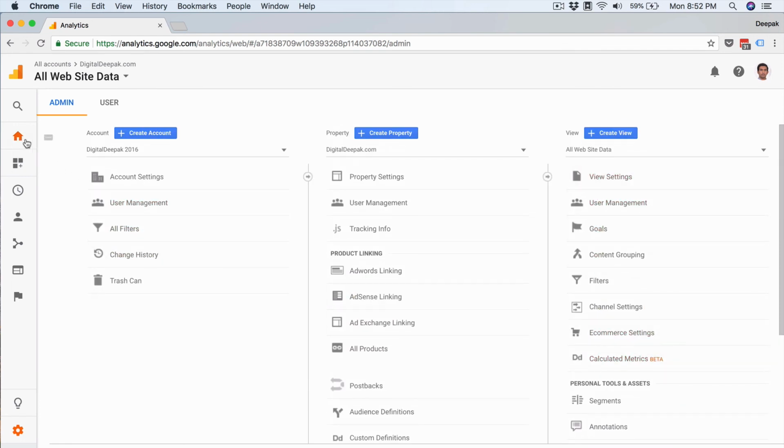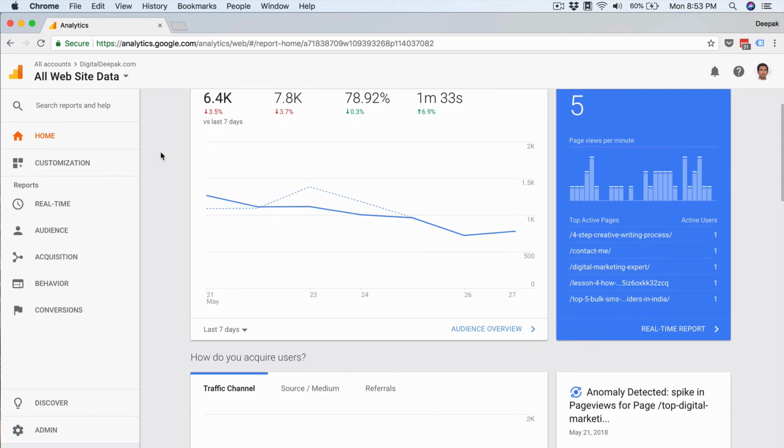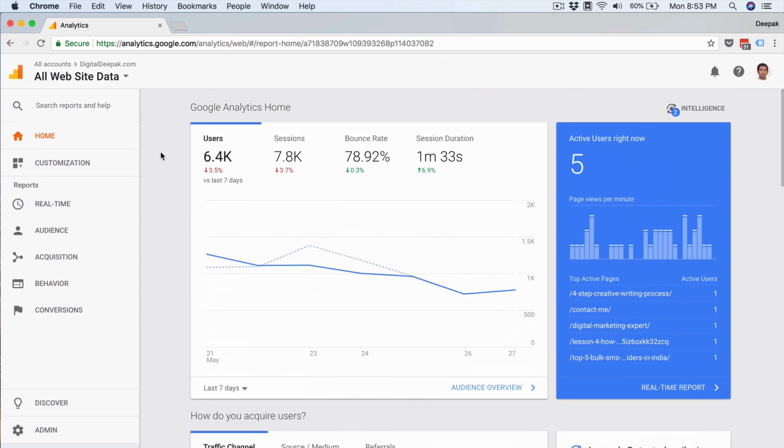in a separate video. I hope this video gave you a general overview of what your analytics dashboard will look like and what all the different features you can find inside analytics are. Get comfortable with this dashboard, and I recommend spending at least 15 minutes per day inside your analytics dashboard, going over various different features and trying to understand what they are. If you see a feature which you cannot understand, just go ahead and search on Google about it, and that is one of the best ways to become an analytics expert.